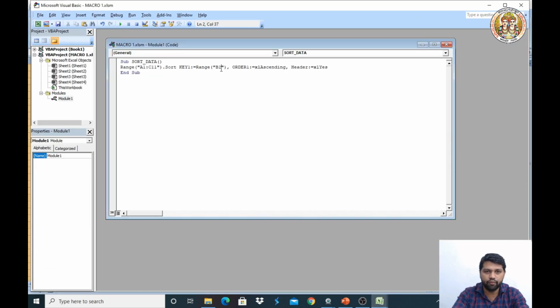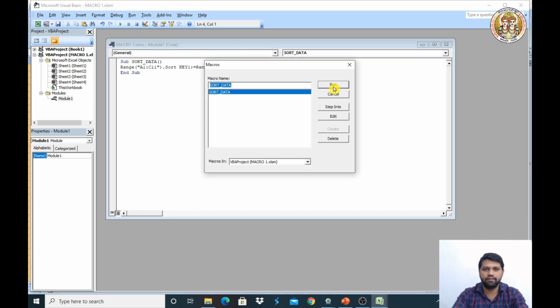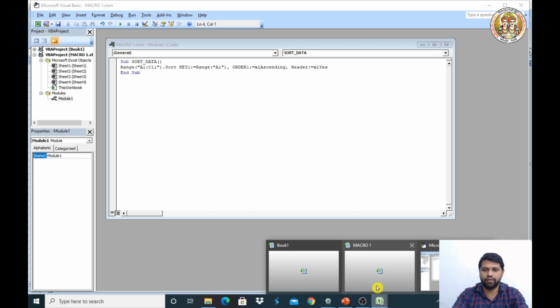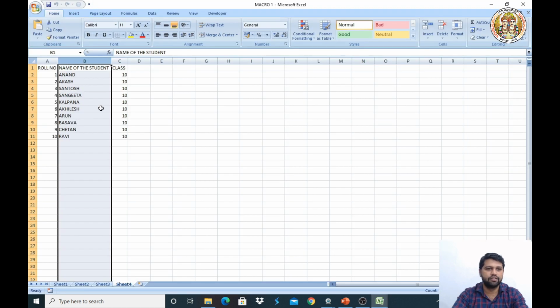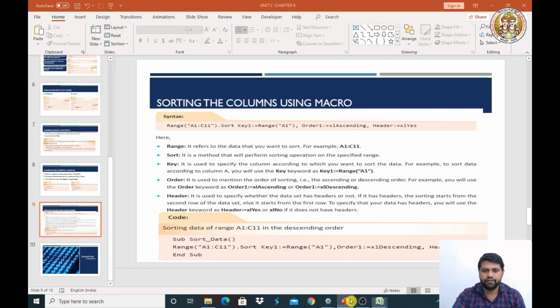Instead of B1, we'll mention here A1. Now save and again run it. Now go back to the Excel sheet. So again we got it sorted according to the roll number.